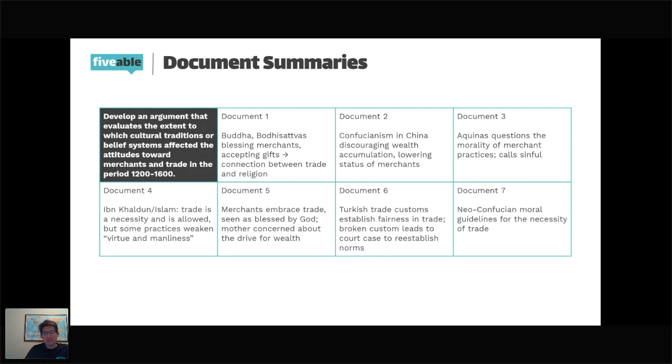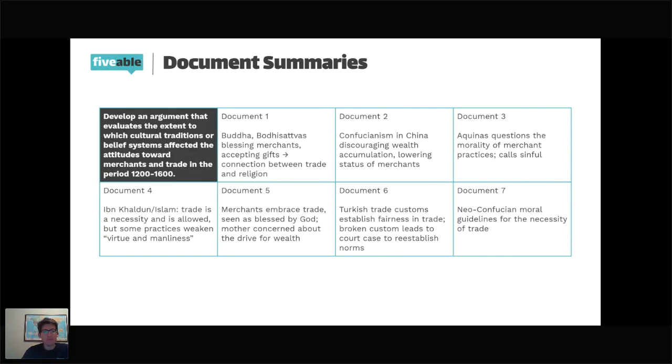In fact, this court decision is in an Islamic court. So it's actually religion combining with government, and they are ruling on matters of trade. So there's definitely a support for trade here, but fair trade. And it talks about